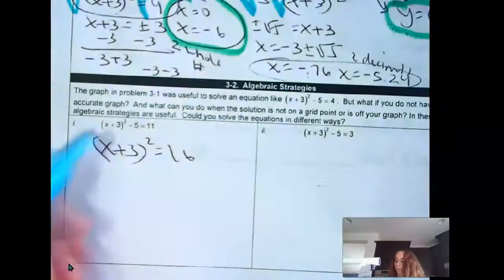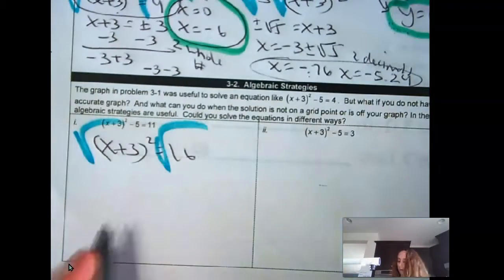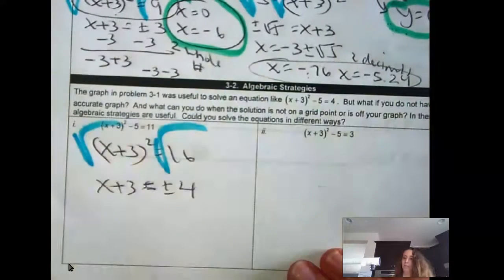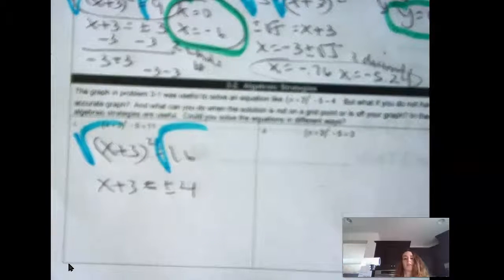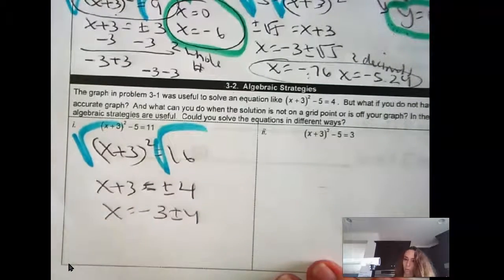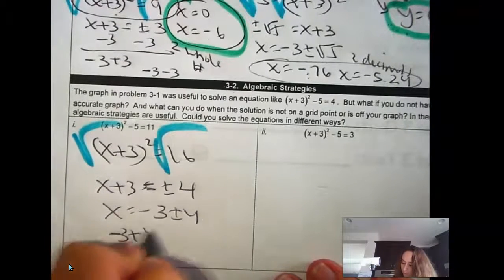What would I do now? This should all be a repeat now. I know some of you feel like you've learned a lot, but I also think some of you are seeing that we're just solidifying what you already learned. x equals -3 plus or minus 4. So -3 plus 4,